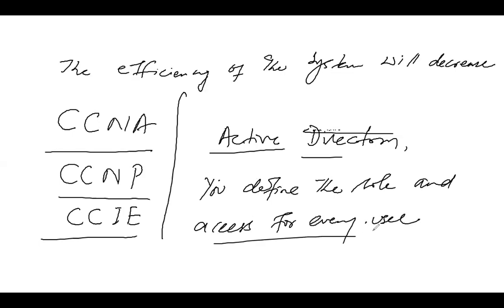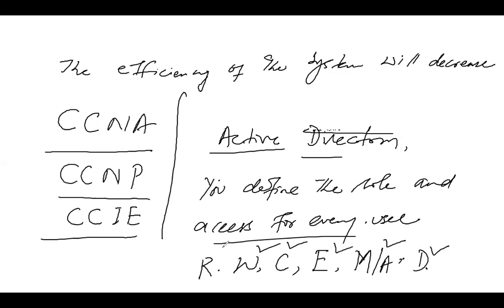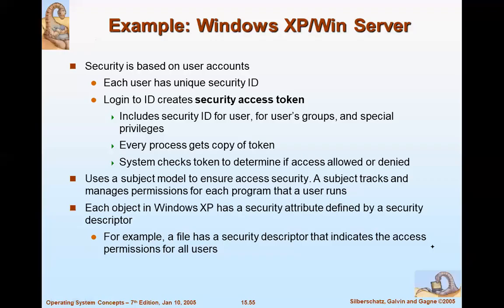As I told you, either you want to give the access to read, the access to write, the access to create, the access to execute, the access to modify or alter, and the access to delete. So these are different accessibility parameters you can assign to any user based on your requirement. So you can easily configure, and similarly you can configure for a single user, and you can configure it for a group of users. And similarly, if you want to give these privileges, you will just put it in the group.